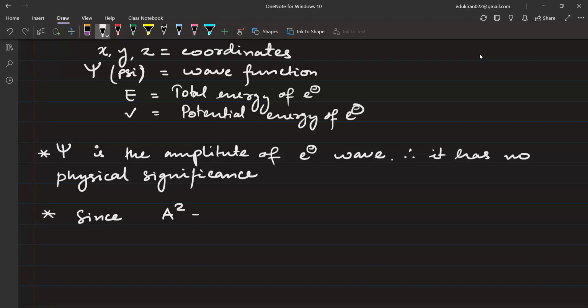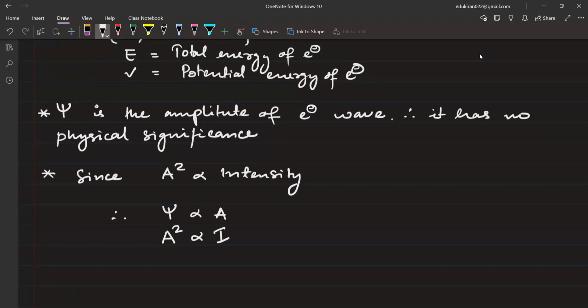Since amplitude square is directly proportional to intensity, therefore I can write psi, which denotes the amplitude, and psi square, which denotes the intensity. What is the meaning of this? The meaning of this is psi square gives the idea of